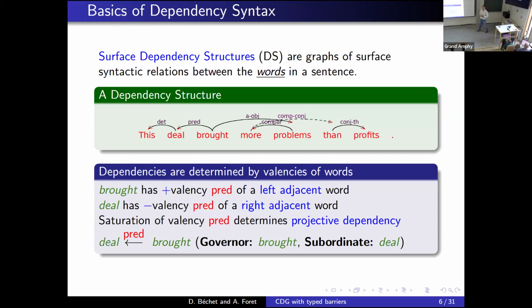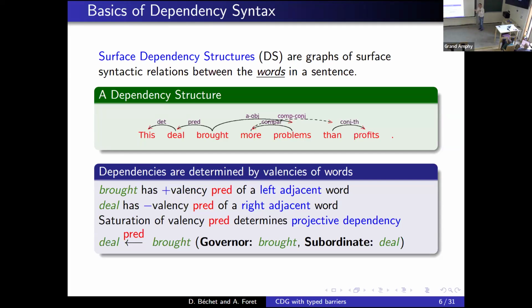We can show that we have two kinds of dependencies. The first kind are projective dependencies, shown using plain arrows. Here we have five projective dependencies. We also have non-projective dependencies, using dashed arrows.